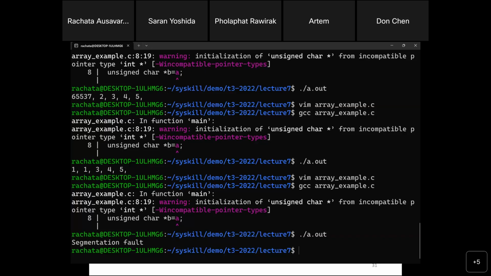Because you never know where that location is. It might be someone else's code, it might be someone else's data. So this basically means, hey, that's not yours, that looks sketchy, let me kill you. And it's a good thing, because if you happen to modify that and it happens to be something owned by the kernel, it might crash your computer. So when you see segmentation fault,